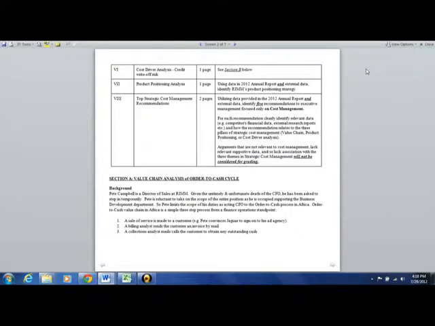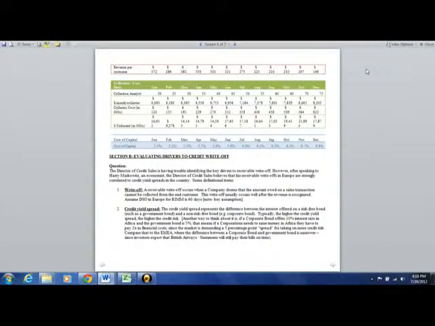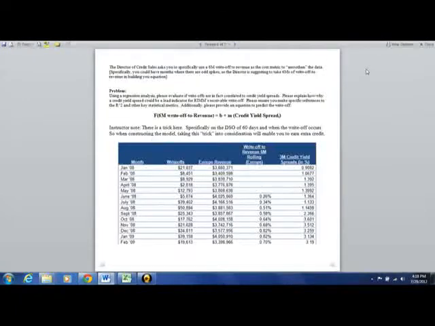Then there's also a cost driver analysis with the credit write-off risk. So as with any other company, not all of the accounts receivable can be collected, so there is a certain write-off portion, and what you're doing is going through and understanding what key drivers could be of that write-off using some external economic data. So go to section B below, which is all the way down here. Evaluating drivers to credit write-offs. You can go through that explanation and notes there. Fairly intuitive, and then you can build a regression model potentially.